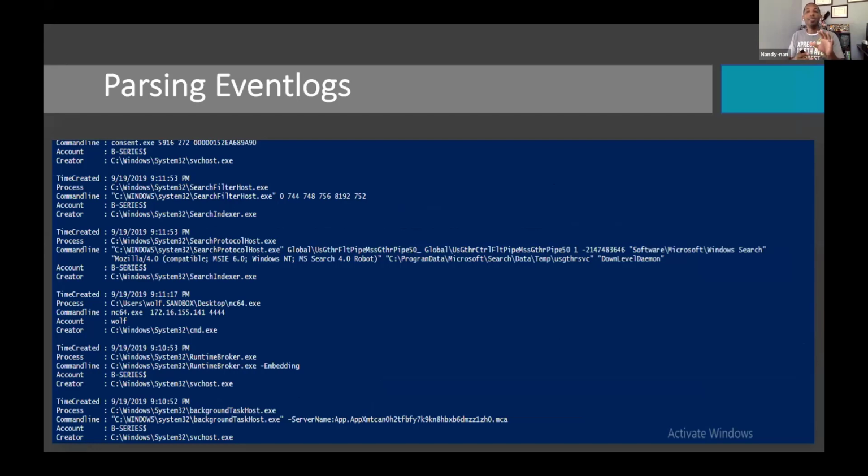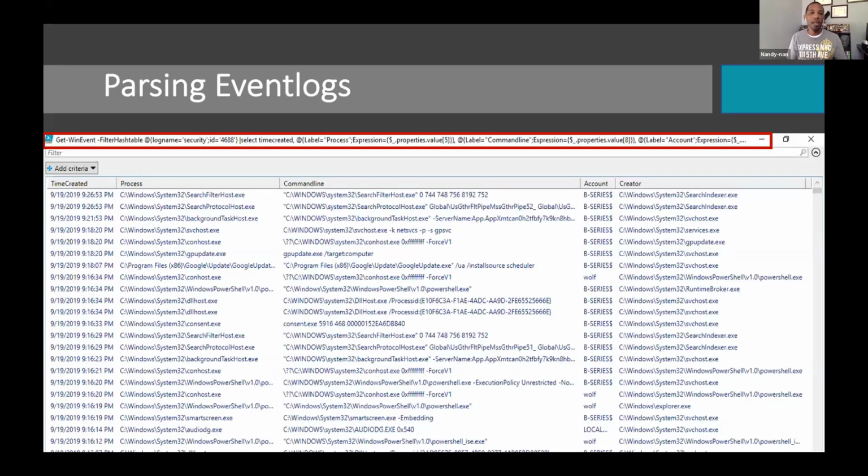But guess what? Once I built it once, I can take any event log with 4688 and I can run it through that parser and it will present that data for me, right? I built it once, I use it many times. And now I see things that may pop out to me. In this case, a guy using Netcat going out to quad fours, and what kicked it off? Well, it was a command prompt, right? Maybe benign, maybe not, but now I'm trying to make it a little bit clearer for me as an analyst, right? And we're doing this again in PowerShell.